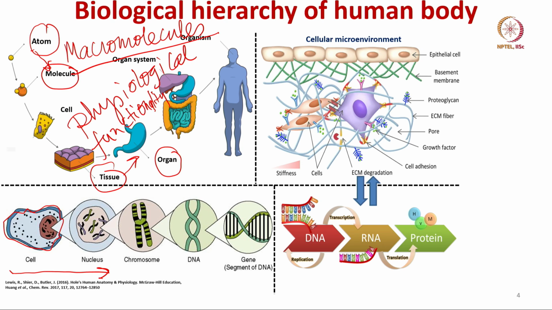It is a eukaryotic cell. Eukaryotic cells means truly nucleated cells. So, this is the nucleus. If you zoom into the nucleus, what you see inside the nucleus is the chromosome, and then you have the double helix structure of the DNA. The double helical structure of the DNA, you already learned in your school biology. And then you have a gene, that is the segment of DNA which actually contains the genetic information or genetic codes. That is why it is called a gene.